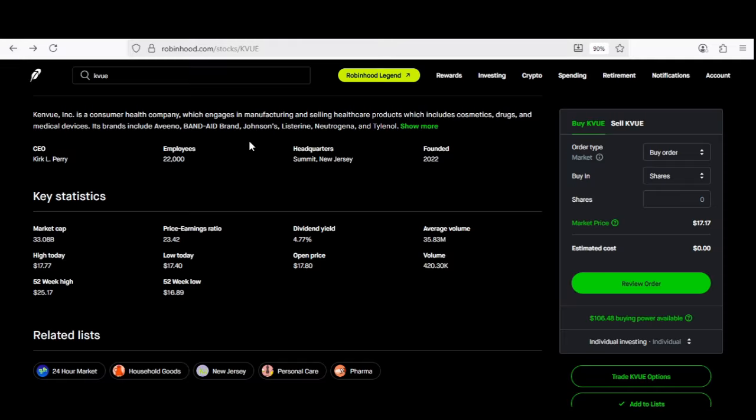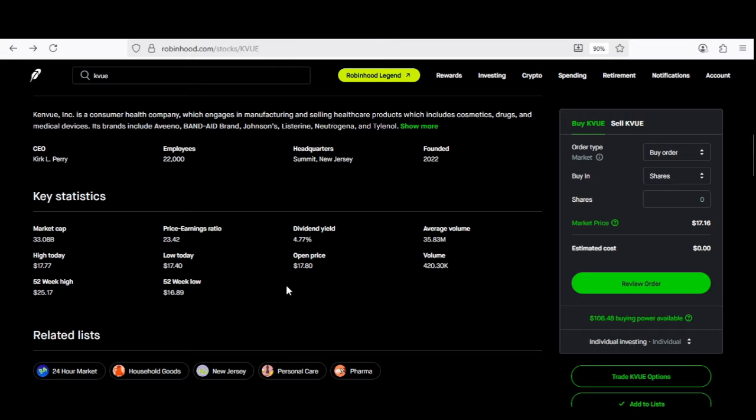So that's my strong why I'm getting into this stock. Now, the stock, although it's trading at around $17 right here, the 52-week low is at $16.89. So the 52-week low is really close to the current share price. Again, the 52-week high is $25. So the current share price is way closer to the 52-week low, so that gives us way more upside again